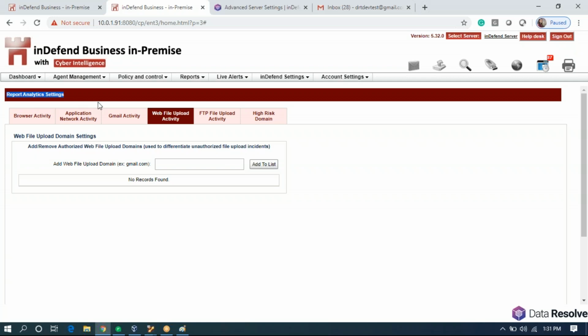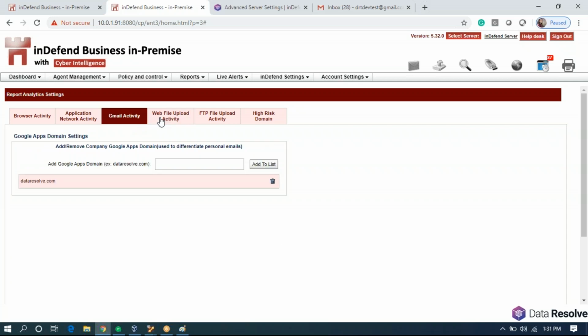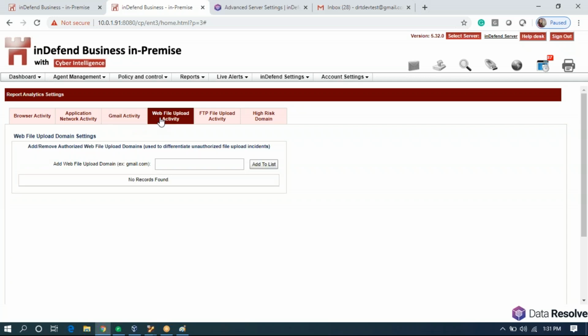In Indefend Advanced, we have a separate set of policies to make these changes. For that, we will have a separate session. That session will be scheduled next or next to next week. We will share the invite with you for that. So these settings should be done to manage your incident alerts.